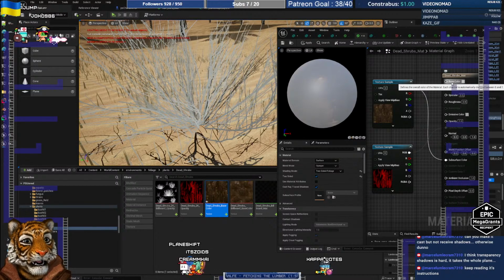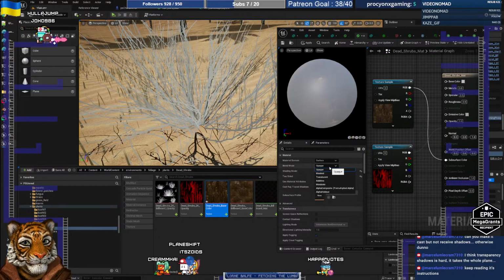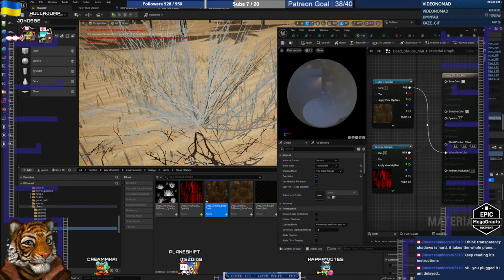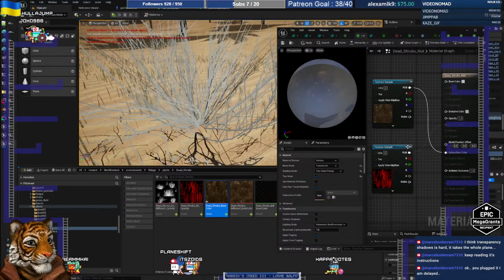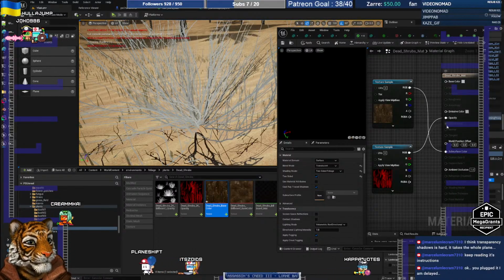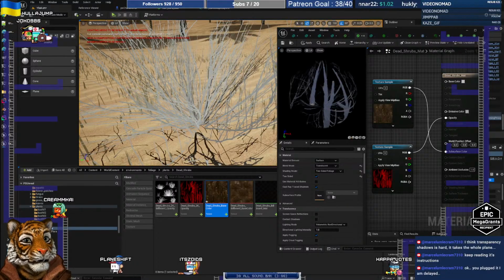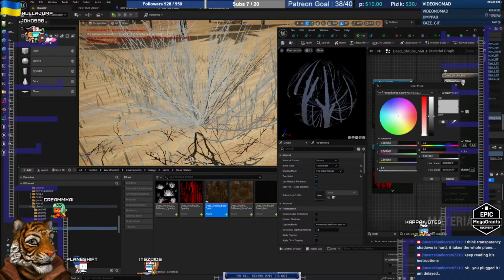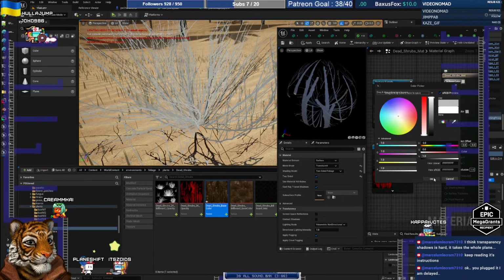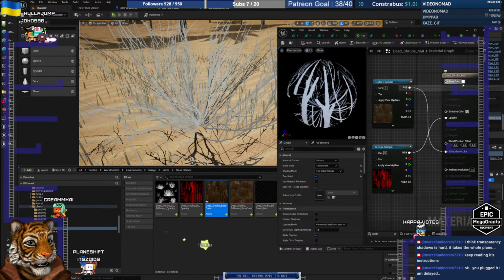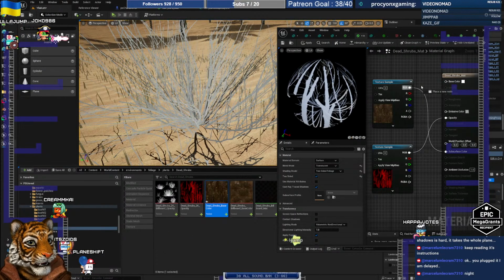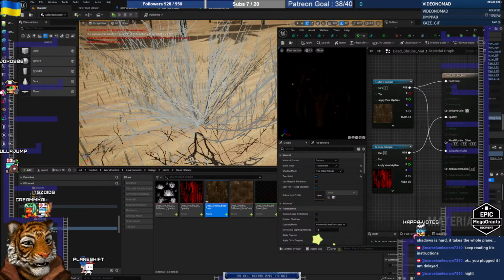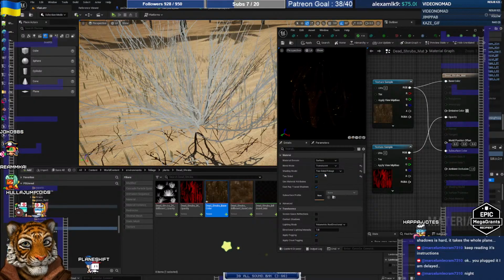I still have base color, right? Maybe we have to go translucent. And now it's always white. Why does it become all white? Because the base color is white, but you see, it's still using the base. Maybe I have to put it in both. Wait, I have to put it in both, in base color and